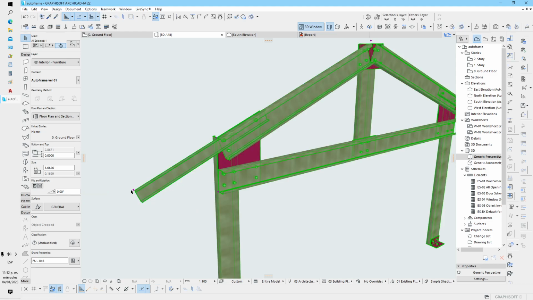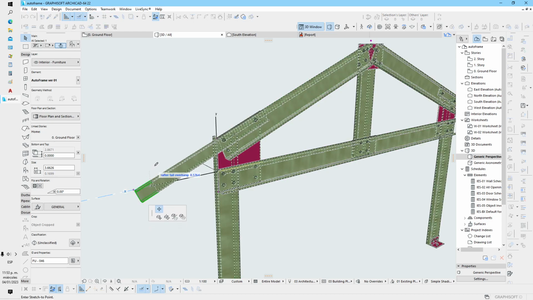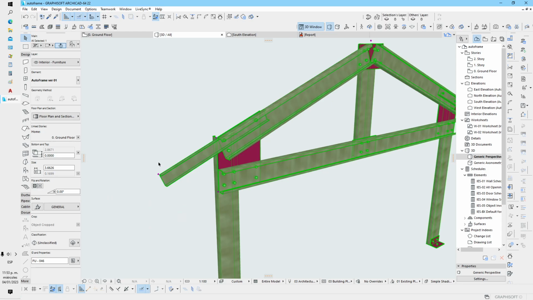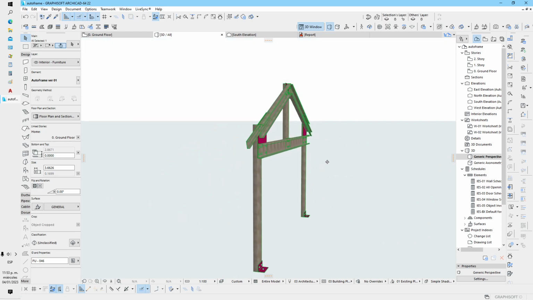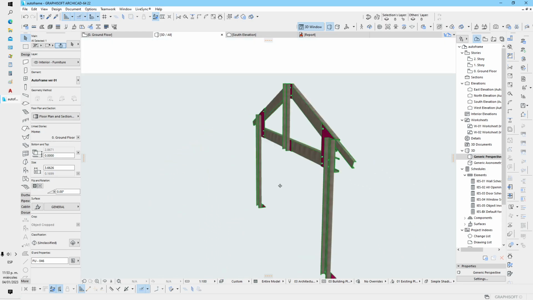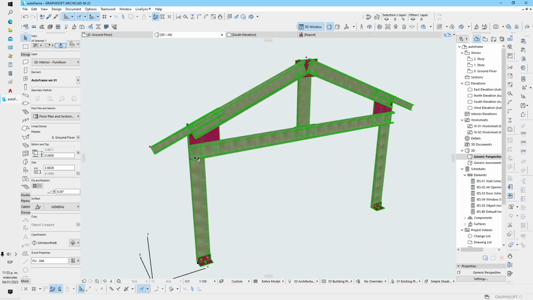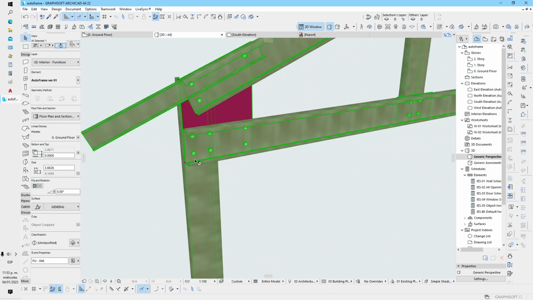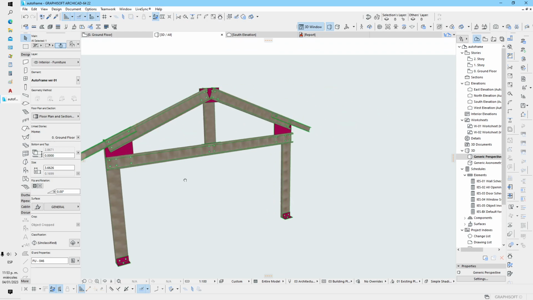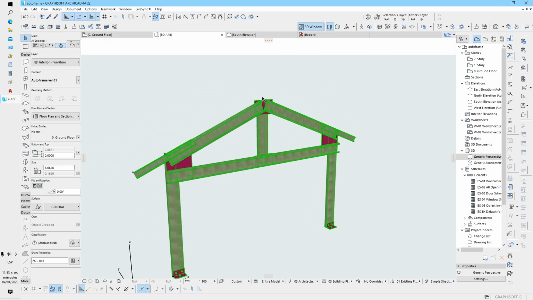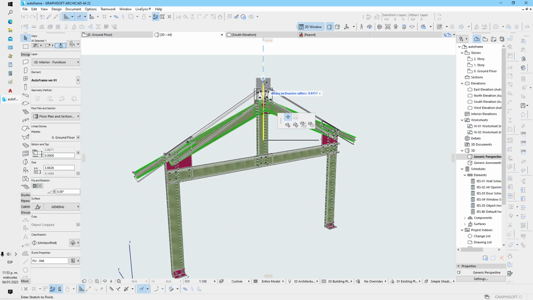Now this dimension is this dimension. So you can change this dimension, and like you can see, we have some elements that represent bolts. You can change the pitch height,